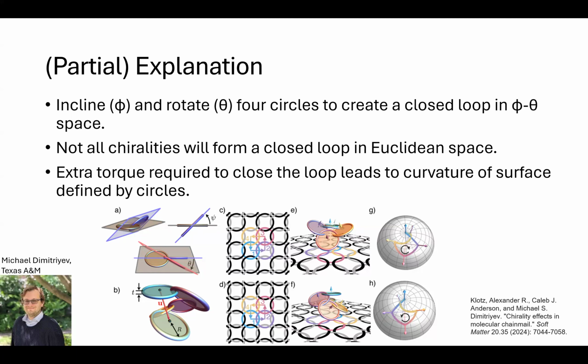And to correct this non-closure, there's a certain amount of torque that needs to be imposed on the system. But because surfaces cannot have net torque, this is alleviated by causing Gaussian curvature in the network. And we can predict, well, he can predict what the Gaussian curvature should be. And we get the same positive where we expect, negative where we expect, etc. And if you find it interesting, there's the reference. So that kind of brings me to the end of part 2. Any questions on anything I've said so far?